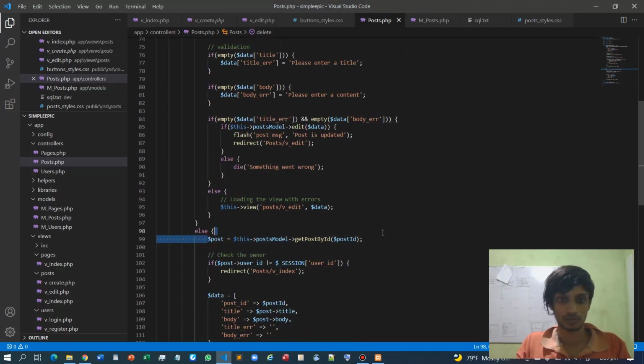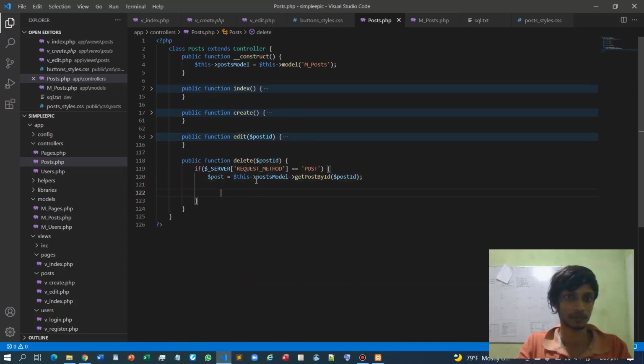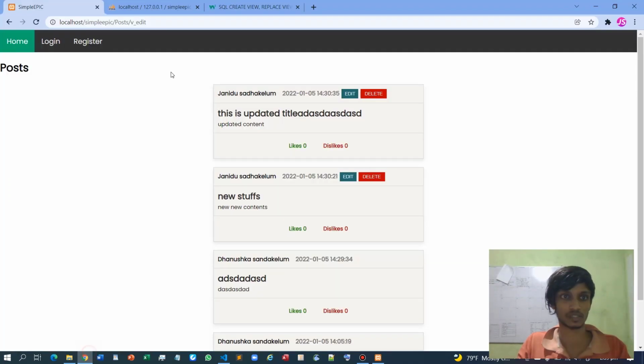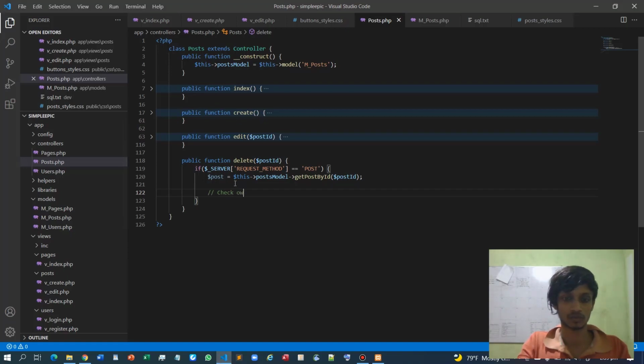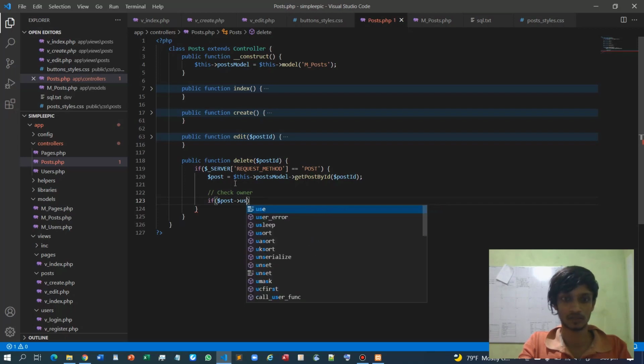So a similar function will be taken over here and I will check the owner. These are just security measures, otherwise users may spoof things using the URL, and we don't want that to happen. So I will simply check the owner, so user id, the user who created this post. If these are not equal, then